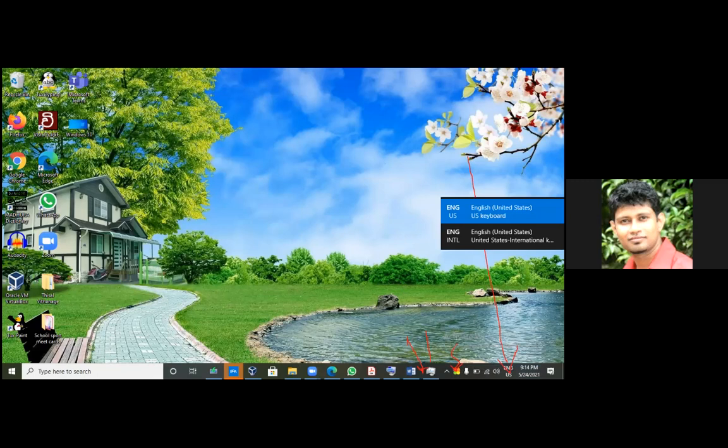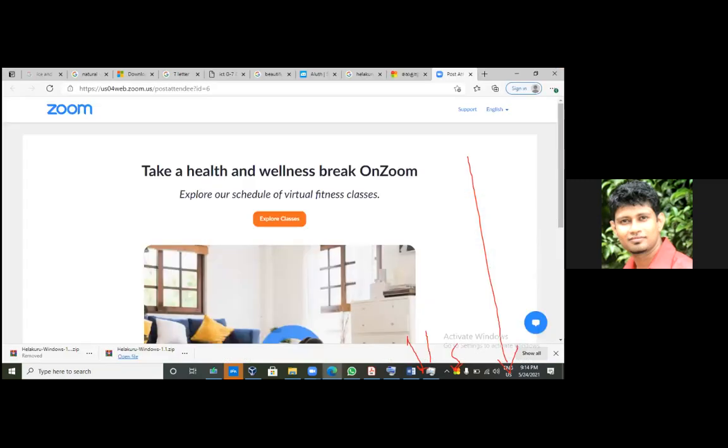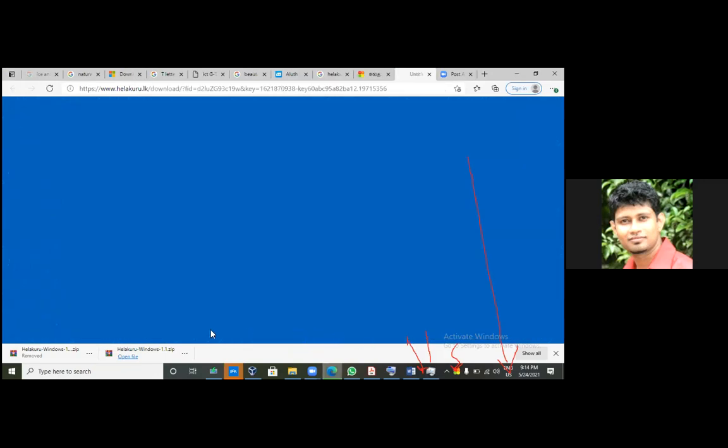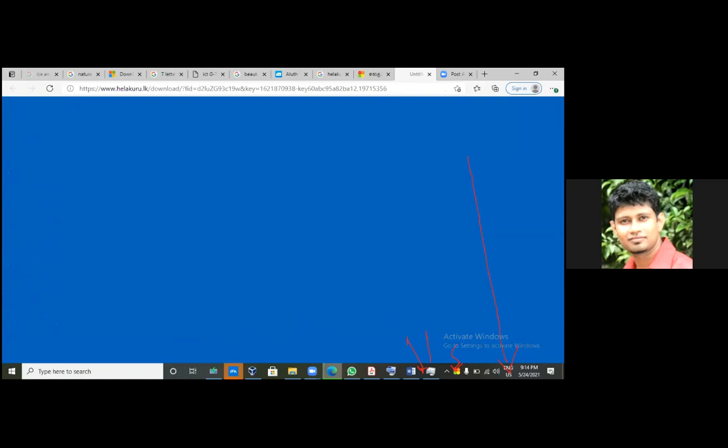That is the thing. You have the language but have not installed the Sinhala language. So what you can do is reinstall the app. Uninstall Helakuru and reinstall it again and you will get that. After that you can run it, right? That is the best option. What has happened is basically the installation was not done properly, it seems, because it's not showing the Sinhala font.